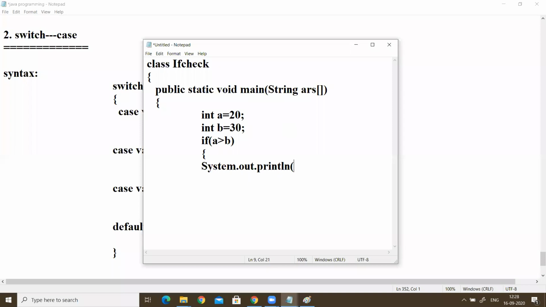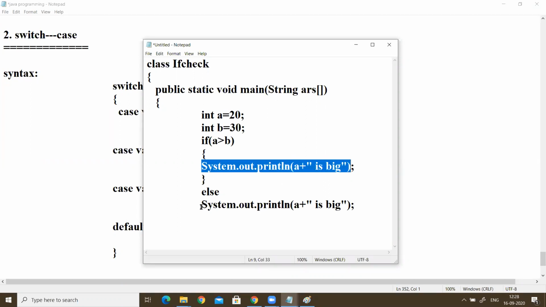Here we write a is big. Next, else, so otherwise b is big. For the else part, I am not writing the open brace and close brace because it has a single statement. Here I wrote them, but there is no need, because it contains only a single statement, and here also it contains only a single statement. But we need to close that main and class.